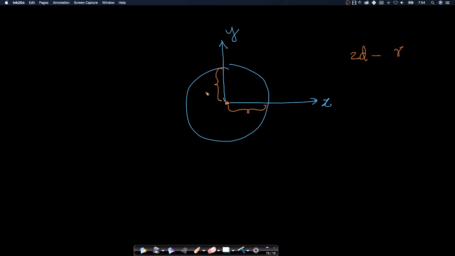Now, if there are two different radii, if this is different from this, what do I get? What I get is not a circle. What I get is an ellipse. Think about it. So imagine, okay, let me change the diagram here. Imagine if I have this,